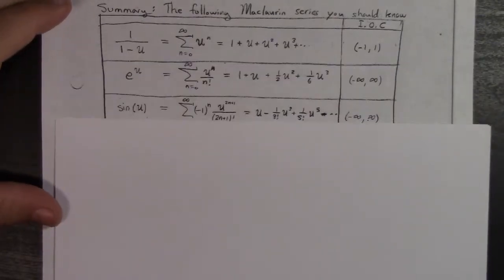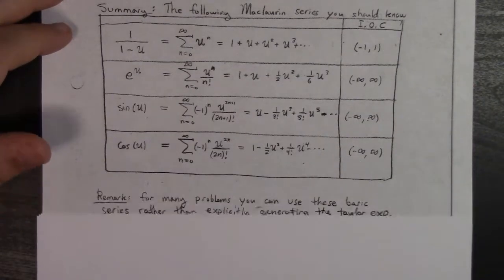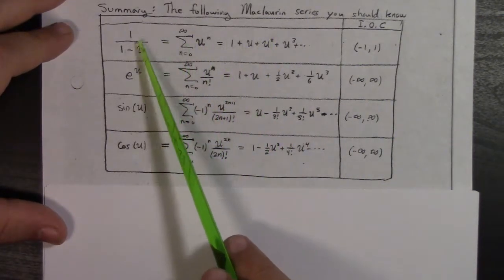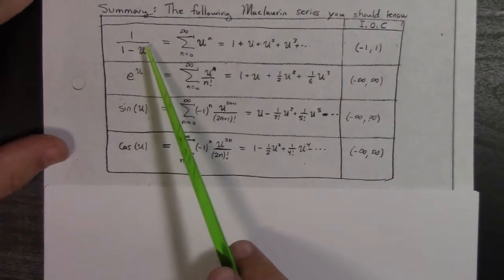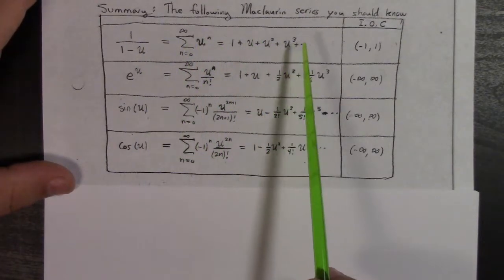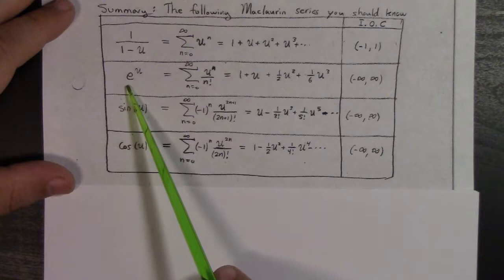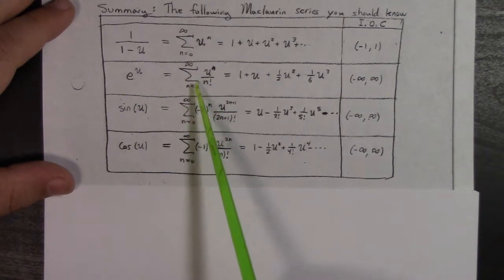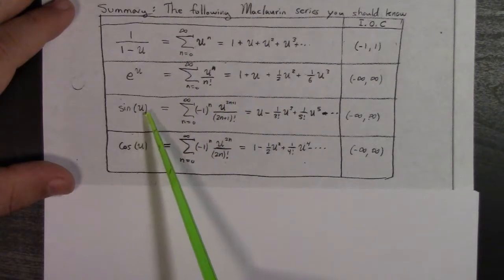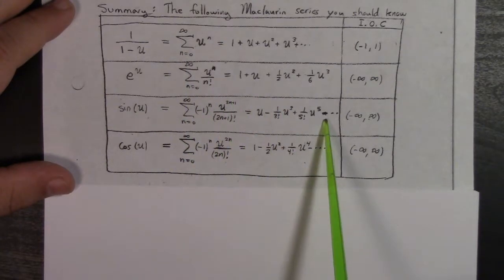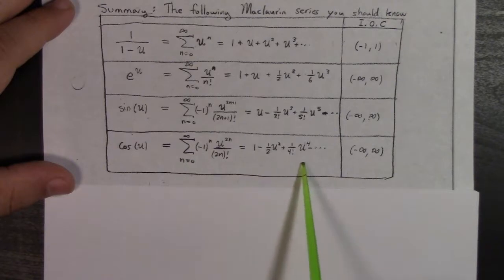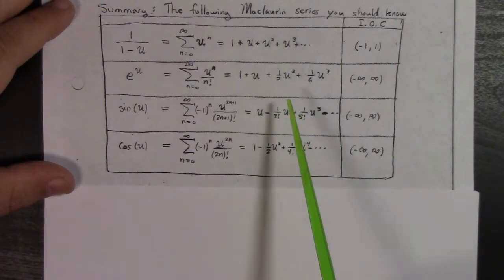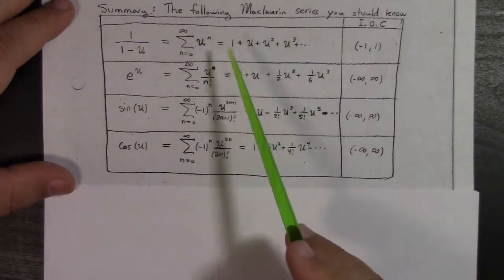So summary, the following Maclaurin series you should know. You should know that we can expand this. I mean, this we've been using extensively in the past videos, right? This geometric series result. We learned in this video that e to the u is in fact the sum of u to the n over n factorial, n equals 0 to infinity. We also learned that sine of u has this power series expansion, and cosine of u has that power series expansion. I'm rewriting the results with a u, with the intention that you could think about using these as a